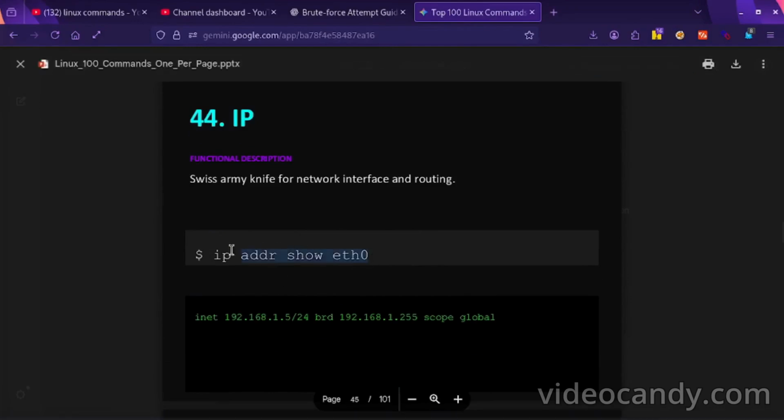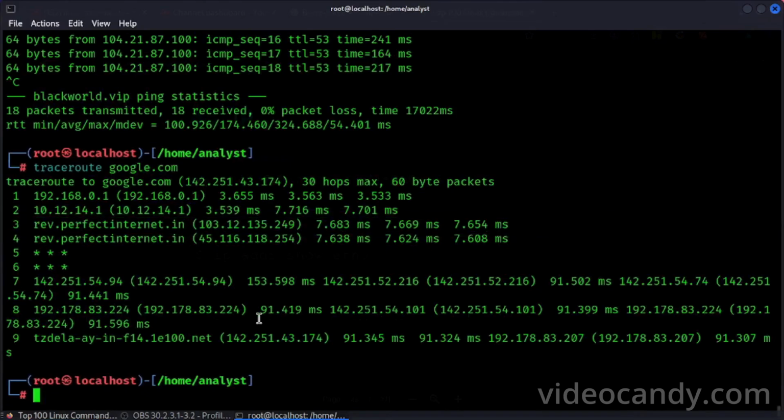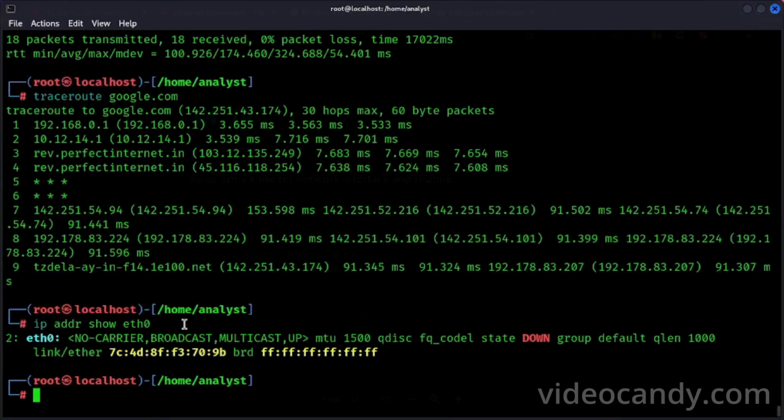You can see the IP address with two commands. First with this, which is showing the MAC address of the Ethernet cable.